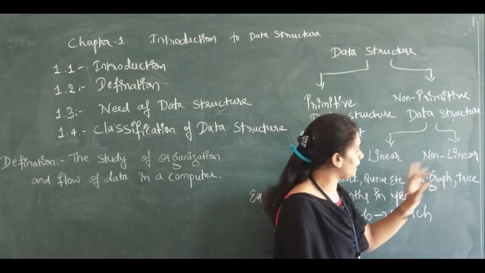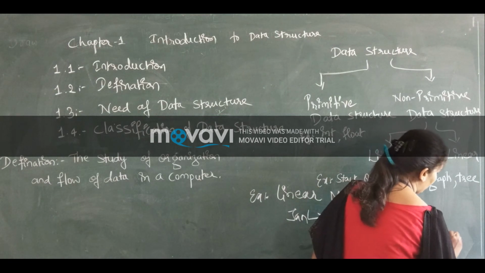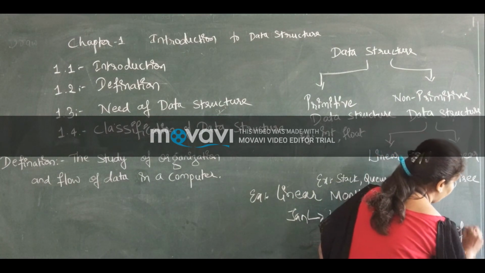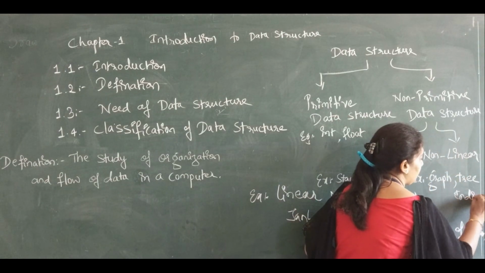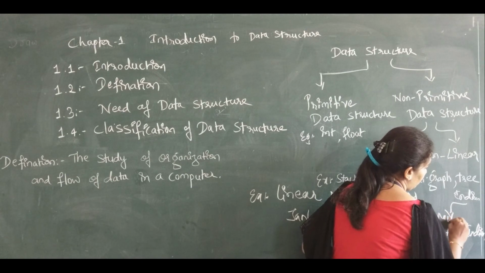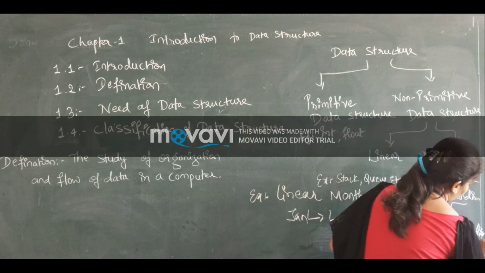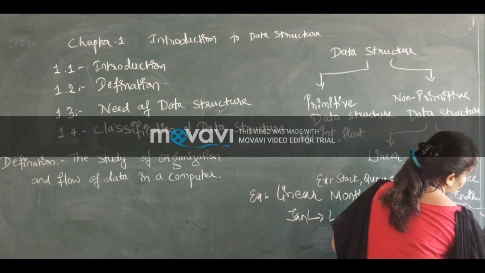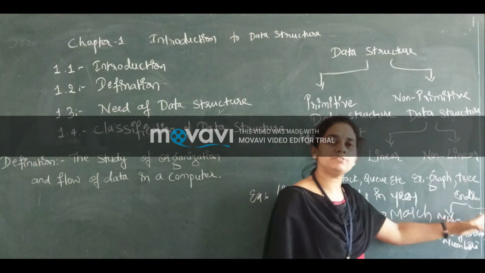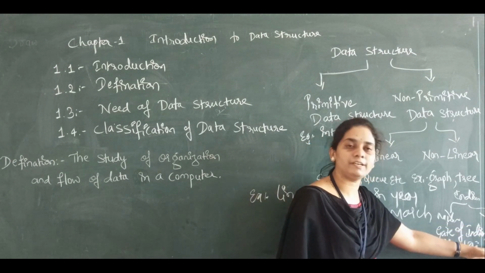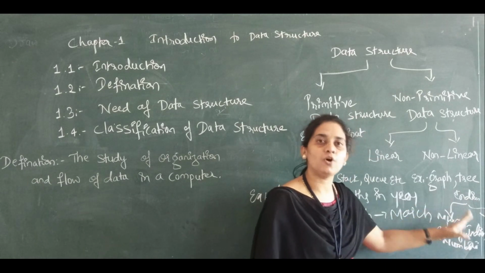Now we can go for an example of a non-linear one. For example, we can take the Gateway of India. Where is it situated? It is situated in India. In India, where is it? It is in Maharashtra. In Maharashtra, it is in Mumbai. And we can take the example of Gol Gumbaz. Where is it situated? In India, it is situated in Karnataka. In Karnataka, it is situated in Bijapur. So here the relationship between the data is non-linear.